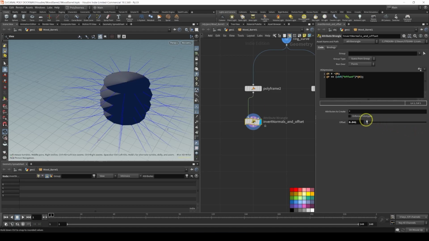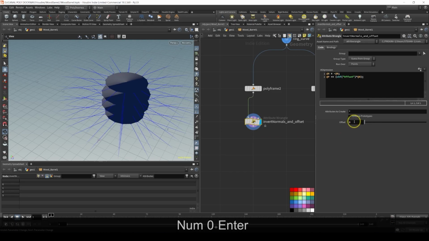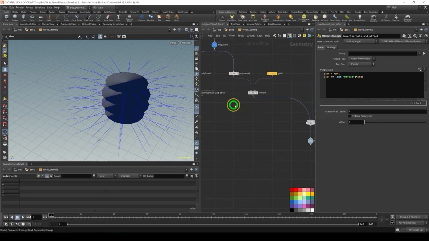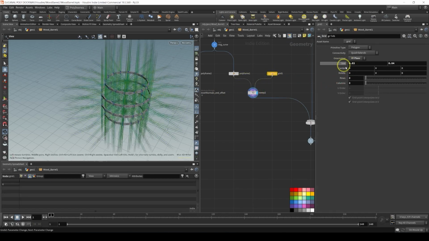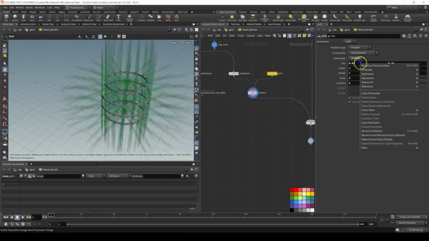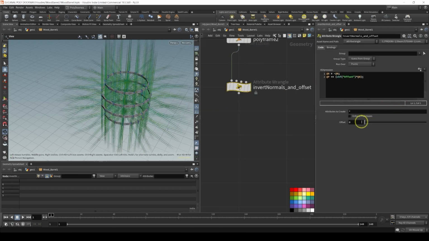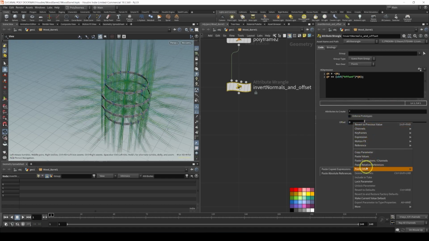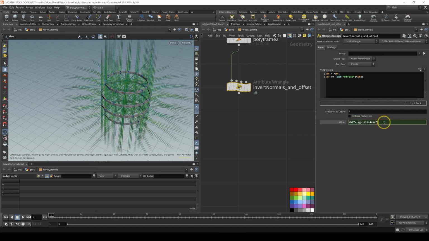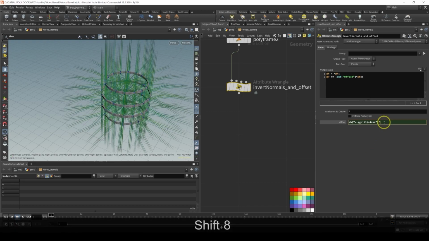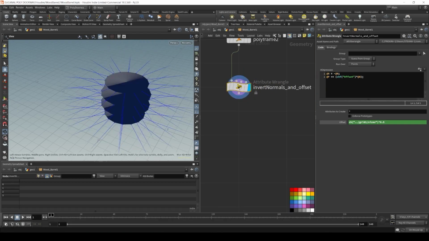Now we can offset these rings a little bit. To make it procedural, we're gonna grab the length that we give to our rings. So this value, let's copy this parameter, and here right click, paste relative values, and we only need the half of it, so times 0.5. Okay,